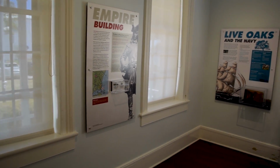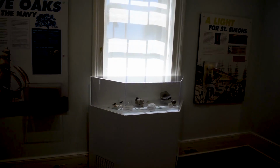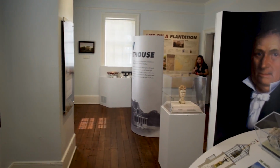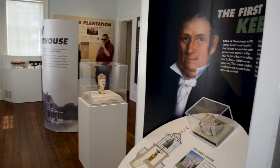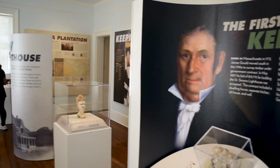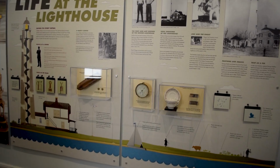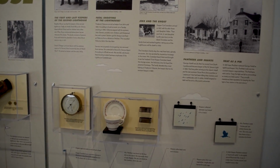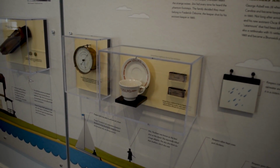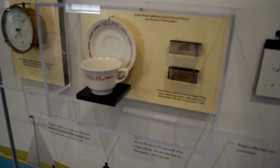All right, I found my way into the museum, and as the gentleman was telling me, there's two stories as you walk in, and this story down here has been changed into a display of different items, as you can see. This was a residence at one time. They would have two residences here, down here being one, and then upstairs being another, and they've got the upstairs set up as an actual residence. But I'll show you some of this stuff here. There is a United States Lighthouse Service cup and saucer,